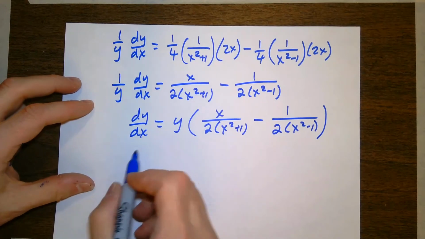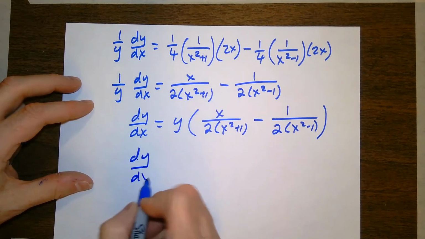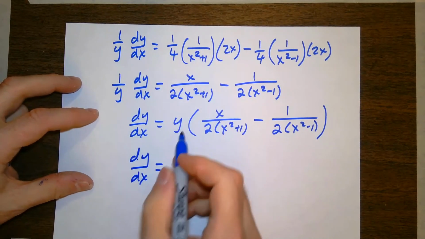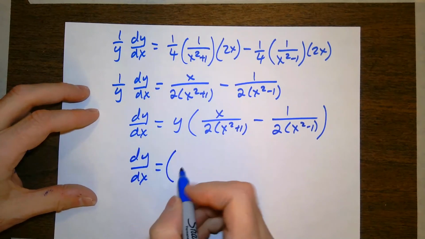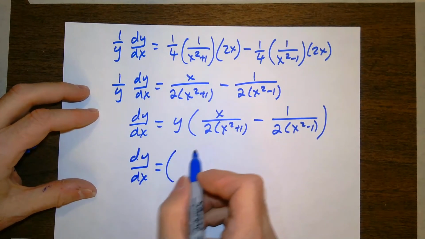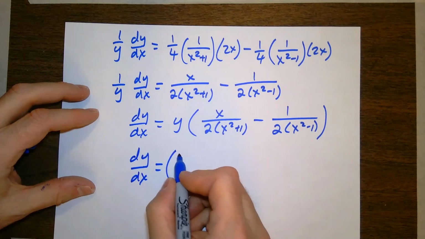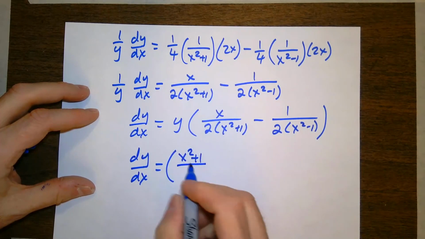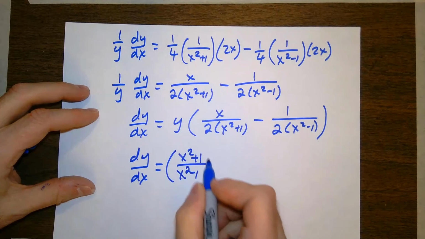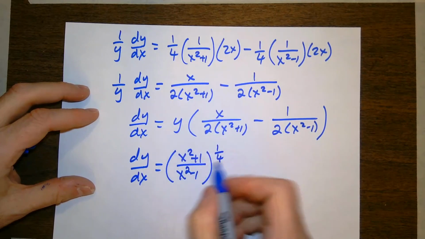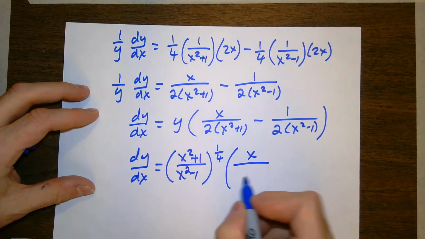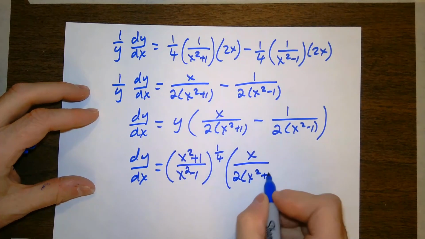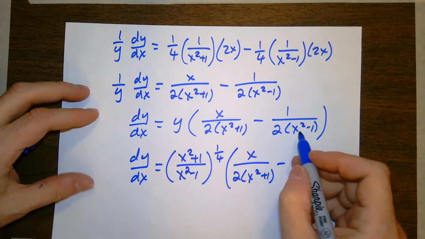I can undo the substitution here, and dy dx, here comes my final answer. The y was the fourth root, I'm going to write it as a rational exponent, x squared plus 1 over x squared minus 1 to the 1/4, that's my y, times x over 2 times x squared plus 1 minus,